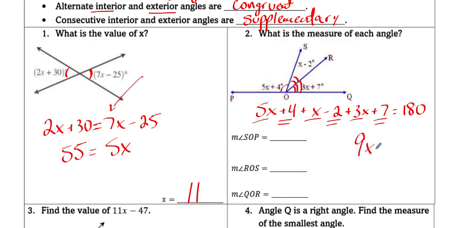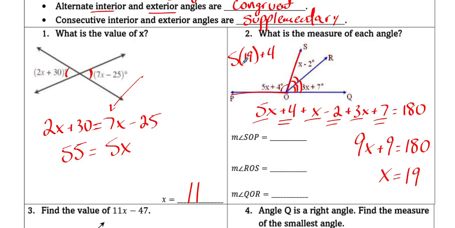Get 9x plus 9 equals 180. So 171 divided by 9 is 19. So x is 19. Now we're looking for the measures of those angles. So I'm going to take that and plug that back in. SOP is this one. So I'm going to substitute 19 in and evaluate